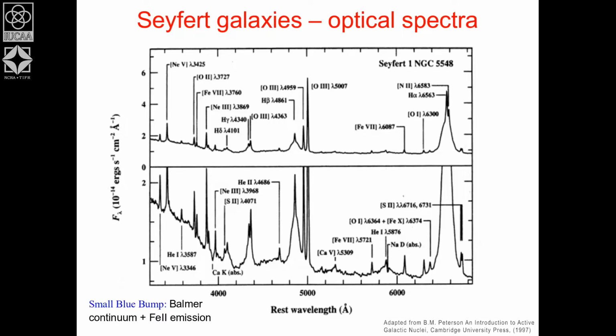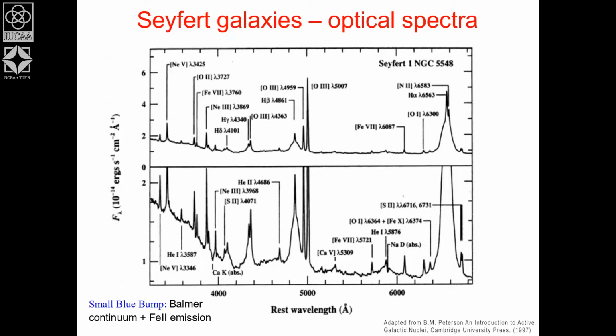So H alpha, H beta, H gamma, H delta, all of them are broad lines, and they are the Balmer lines. And there are other kinds of broad emission lines, particularly in the ultraviolet, for example carbon IV and magnesium II, which are not shown here. But apart from the broad emission lines, you also see very narrow emission lines. For example, here you see the narrow emission lines from oxygen III at a wavelength of 5007 angstrom. Similarly, there is another narrow emission line due to oxygen II at 3727, and in the H alpha band, almost blending with the broad H alpha emission line,